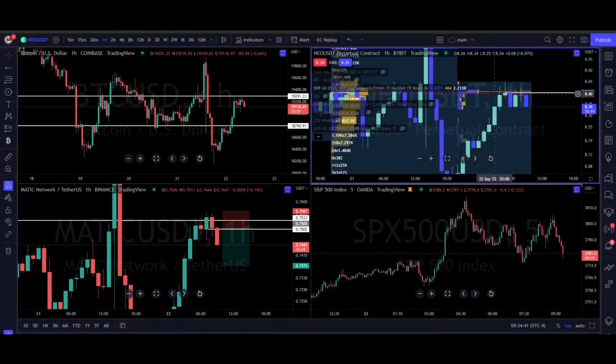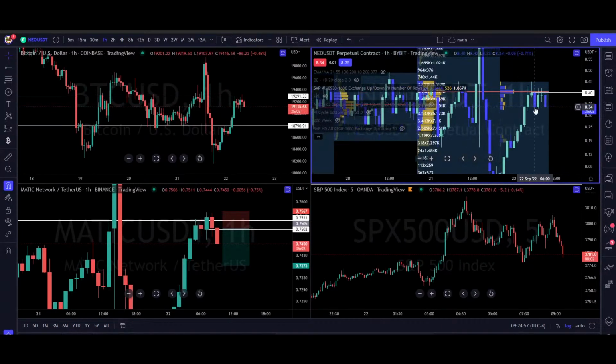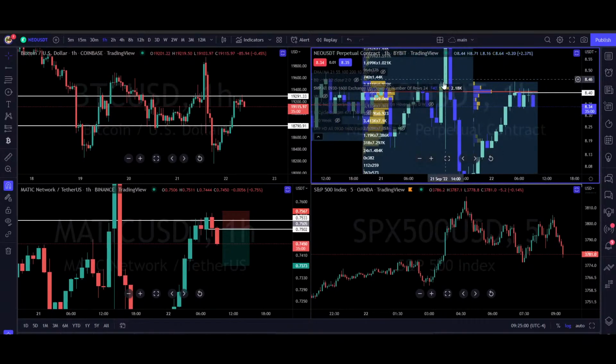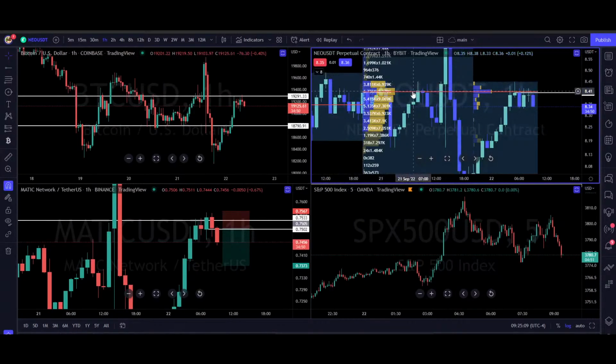And your point of control told you to get short. That was a good one. We just probably missed it. If it comes back up, we could watch it around 8.37. And it was also the point of control yesterday. That's double confluence there. And let's see here. A lot more selling going on yesterday.